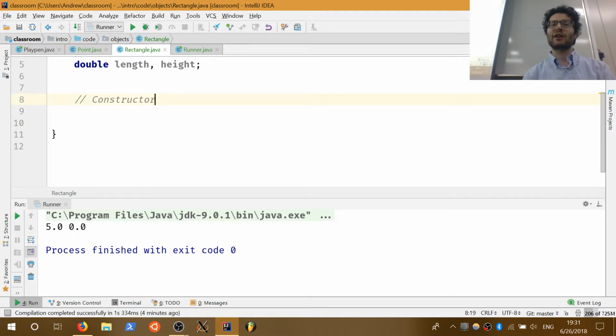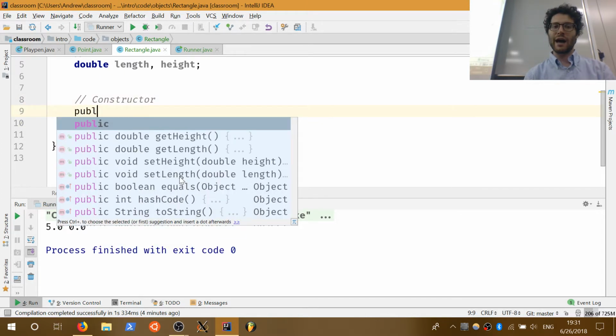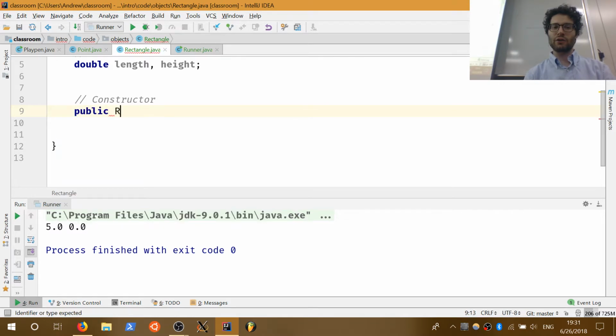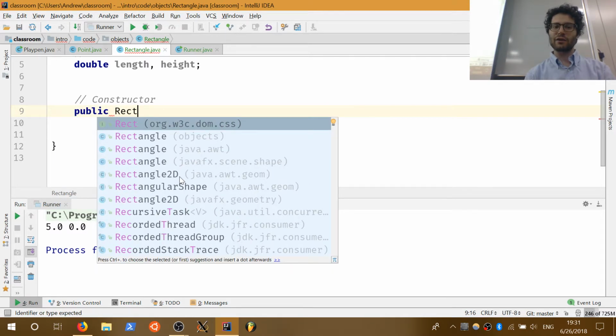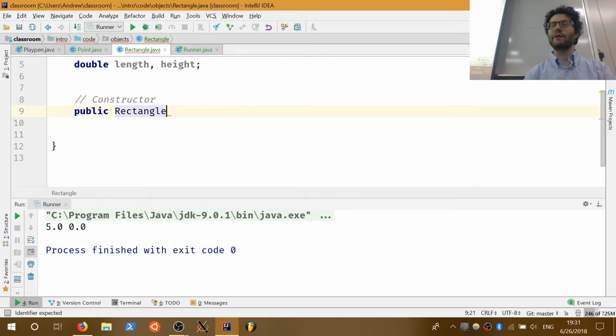To give instructions on how to build your own class, you have to create what's called a constructor, which is as follows: public, followed by the name of your class. You use public because you want people to be able to build your class, build objects. If you don't want people to build your object, you go private and tell them you don't want to build it. But in most cases, we want to be able to build it. So we go public Rectangle,